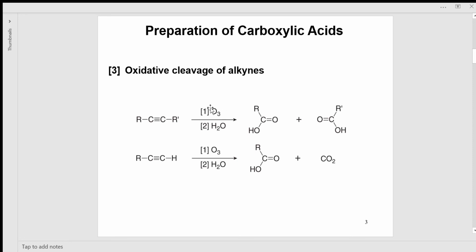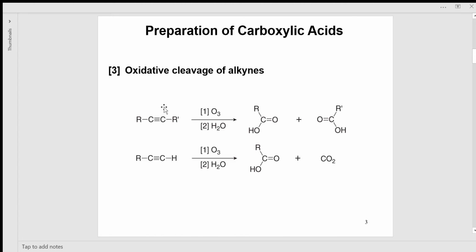So many reactions are oxidative reactions because we need to introduce a lot of carbon-oxygen bonds. Alkyne is a molecule with a carbon-carbon triple bond. If we oxidize